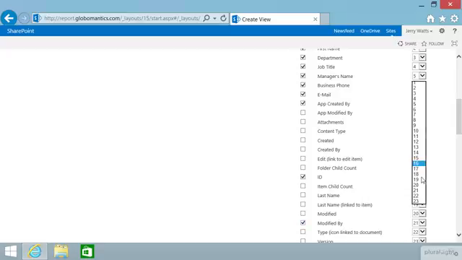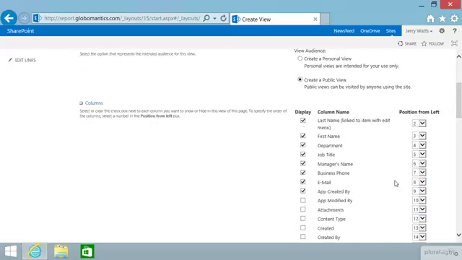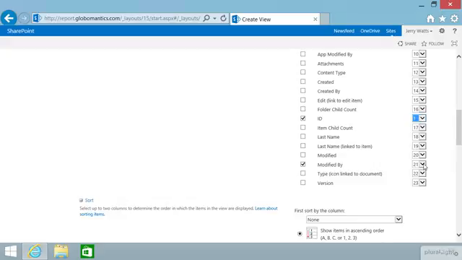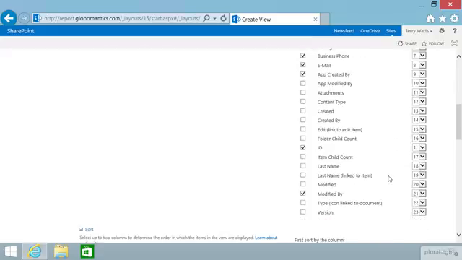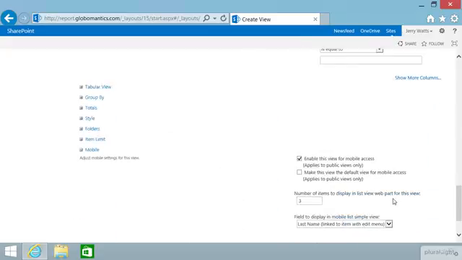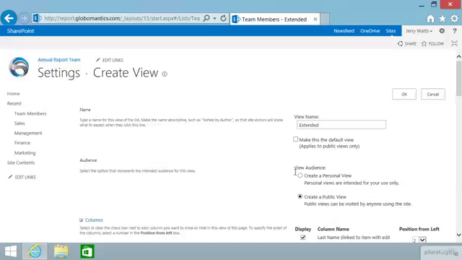And we're going to make ID the first column, and modified view, well, actually, you know what? Let's do this. Hold on. App created by, that's fine in the 9th position. And I'll make modified the 10th position. All right, and now when we go ahead and choose OK,